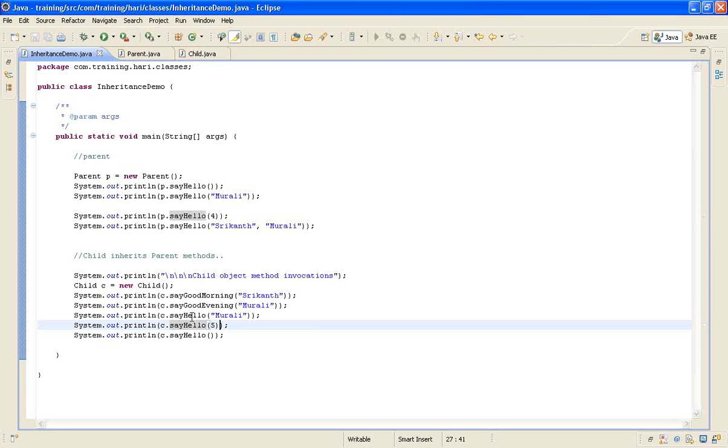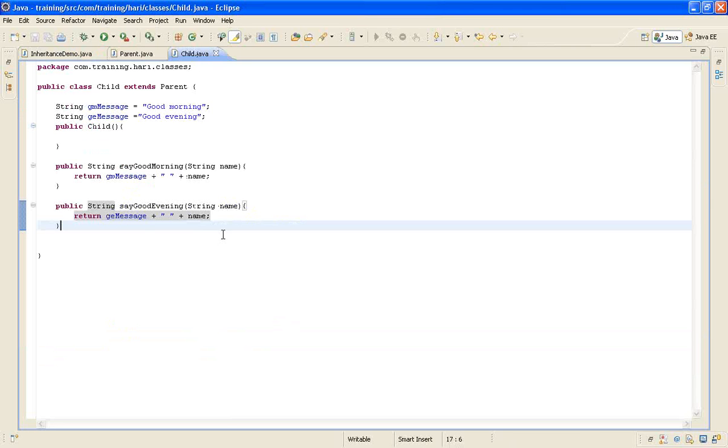You create a parent and you use it. When you have a child class, then you can use all the methods of the parent in the child. And also sometimes, suppose